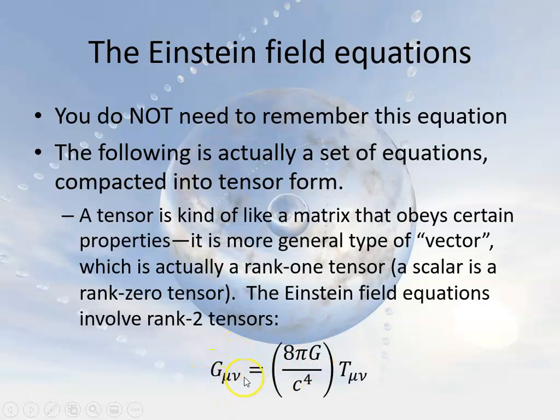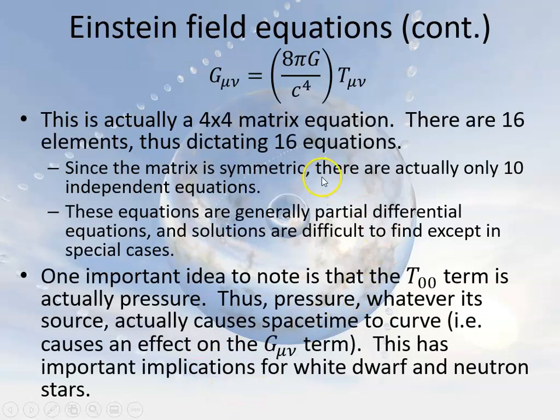But the left is the curvature of space-time. So what this equation is really telling you is that energy and mass tells space-time how to curve. And then when you figure out what to do with this sort of thing, when you really get into relativity, you realize that this ends up going into an equation that tells objects how to move. So space-time does curve due to the effects of mass and energy. So it's something that's important to keep in mind.